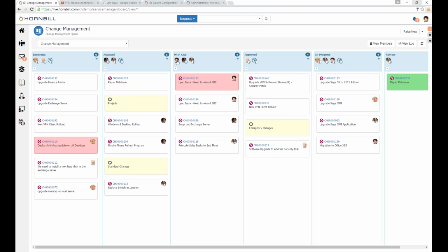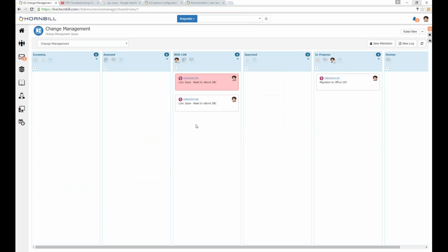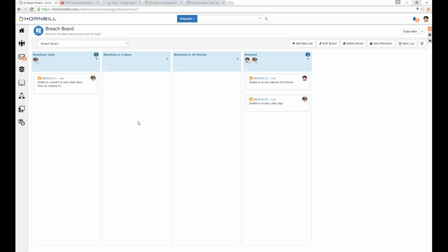We can see the owners if we want to. So if I want to quickly see all of Graham's tickets on this particular board, I can click on Graham's face there, and these are all of Graham's tickets. The view is limited just to Graham's tickets. So very easy to do. This is an example of a process-related board, but we could also do a time-related board. So this is all the